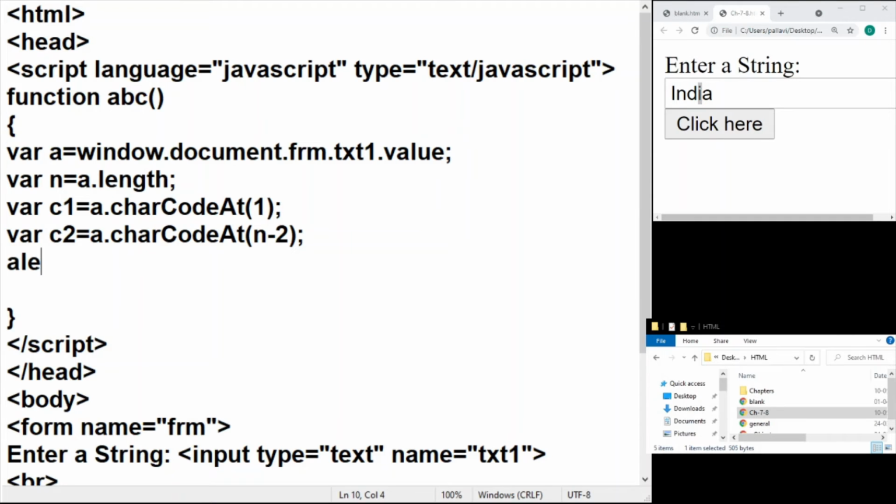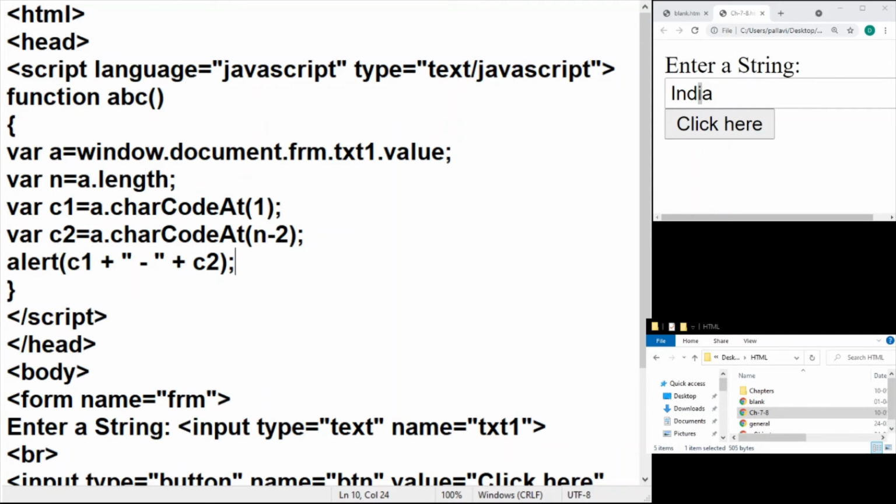So the next thing we're going to do is print both these characters. I'm going to put it in the same alert so that you can see both the values. Let us try this out. I'm going to put in the string ABC in this one. Because the string length is short, the second character is going to be B, and the last but one character is also going to be B. So you will end up getting the ASCII value of B, which is 66 both the times, right?